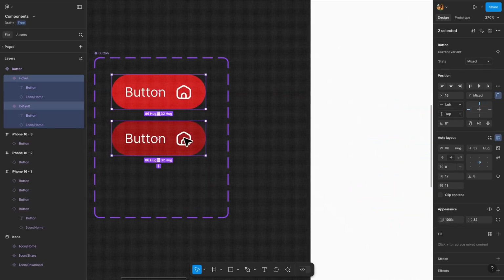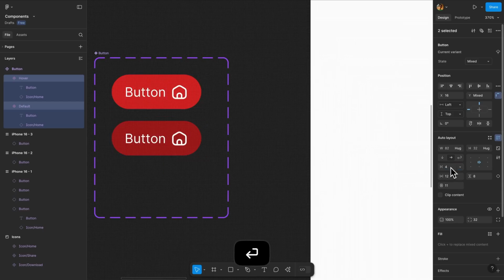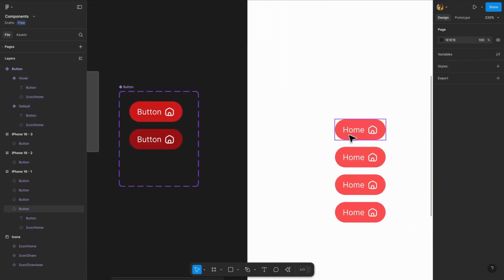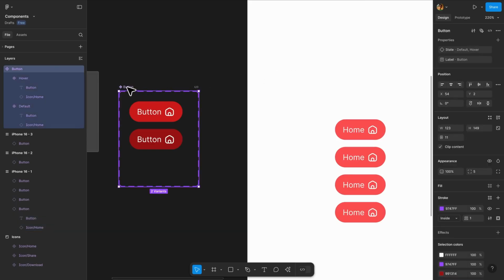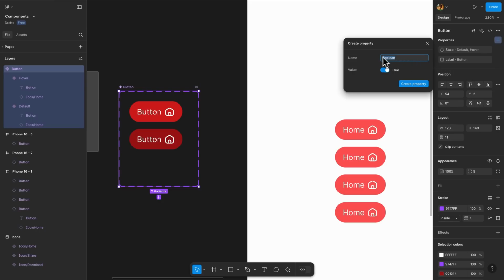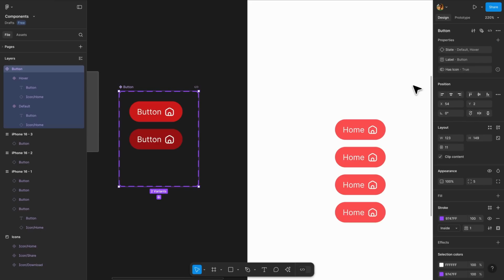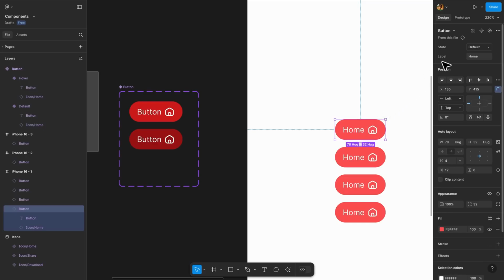Okay, we can change the padding a bit, maybe to 4, like this. But how can we hide this icon? We don't have a specific property here. Well, we can select our button component set and add a Boolean property here. And I'm going to name it has icon. And the value by default is true, which means that our buttons by default have an icon. So I'm just going to create this property,